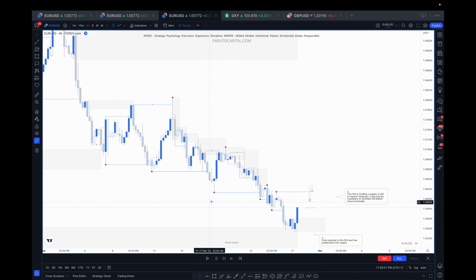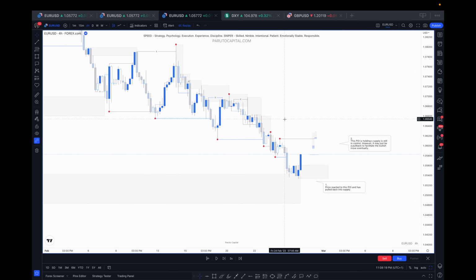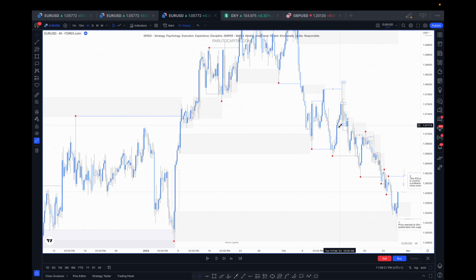Price then pulled back up again into this sort of order flow. You can see the bearish order flow clearly here. We won't be going into details of this, but you understand what I mean. Price, after taking out this low, pushed back up a little bit into this supply zone, and then continued downwards. Now, one thing to take note of if we zoom out is that you observe that there